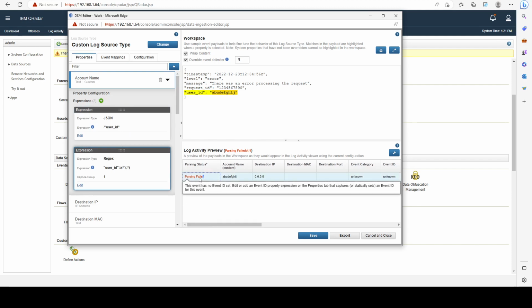And as we can see, it says that parsing failed. Now, why is that? The reason is because we didn't specify event ID and event category. So it cannot map from the event mappings anything to match that combination. Just as an example,